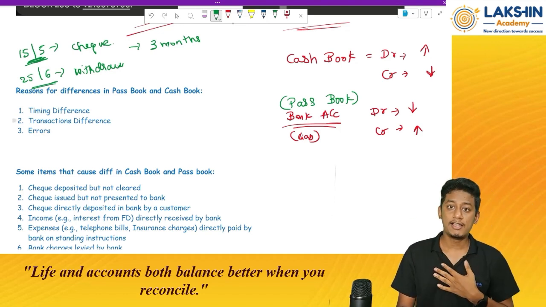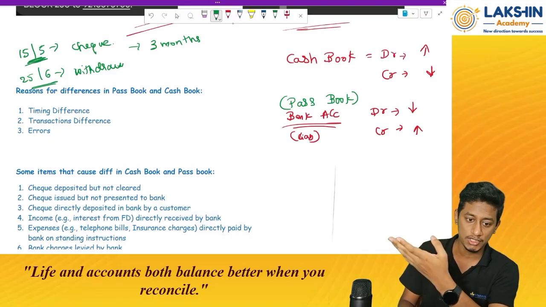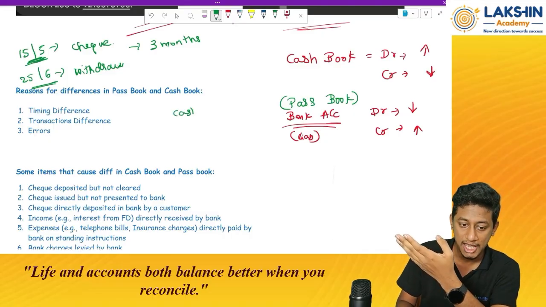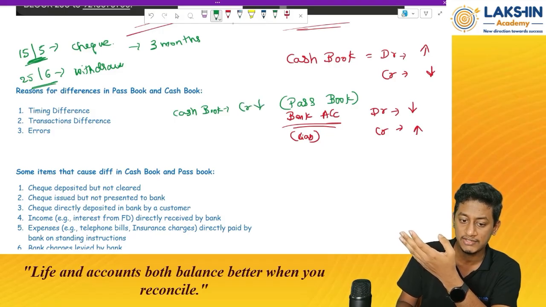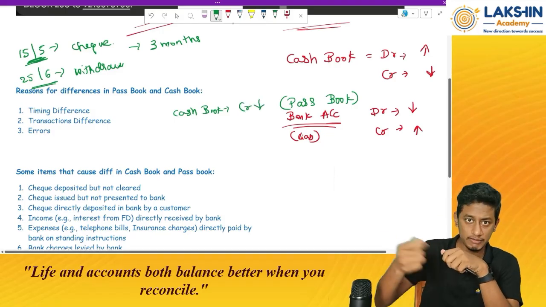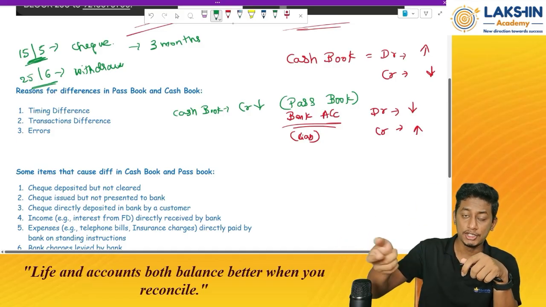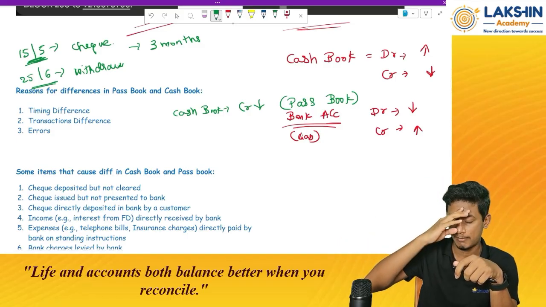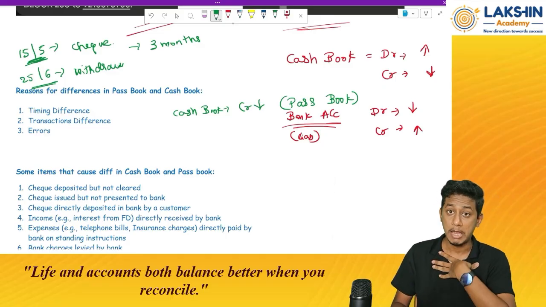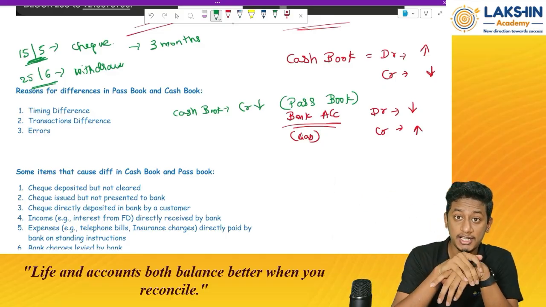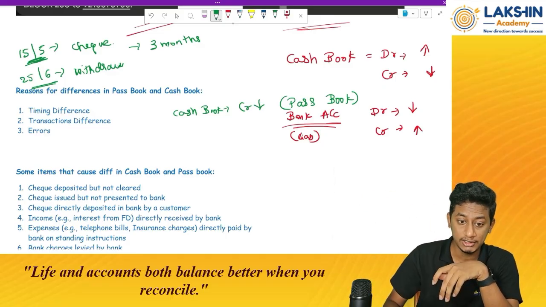Now, once I issue a check, in the bank column of my cash book I will say my account has been credited, signifying my balance has been reduced. Because when I give a check, it's a payment entry. So my bank account balance is reduced as per me. But is my actual bank account balance reduced? No, sir. Why? If I sit on 31st of May